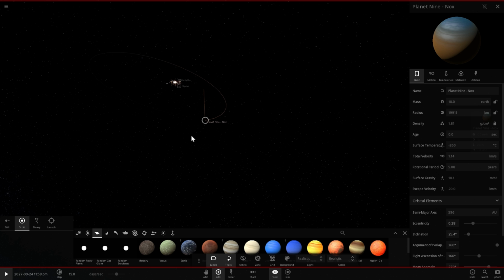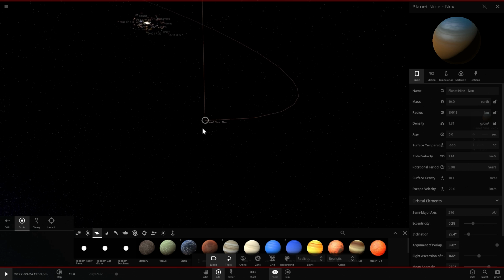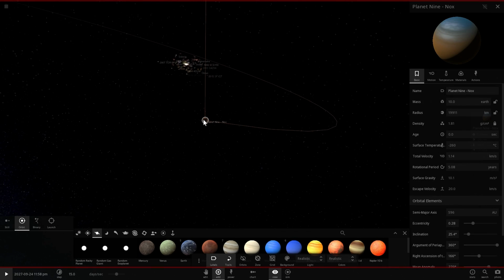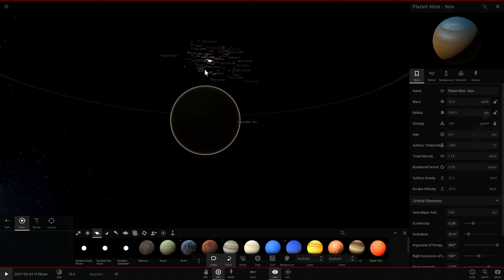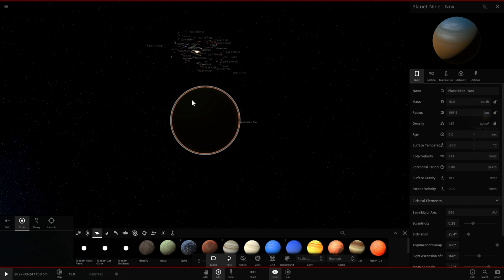Now, one question you may be asking yourself is, how can this planet affect Earth as well? And the answer is, well, no, it's too far away from the sun. If it's out there, it would not affect Earth at all, in the same way that neither do Uranus or Neptune. They don't really affect Earth as much as Jupiter.